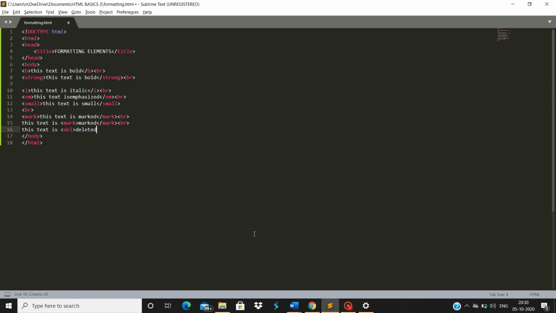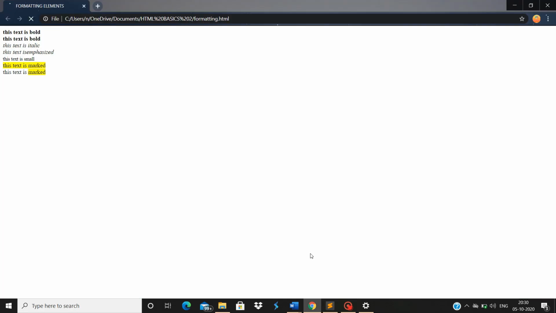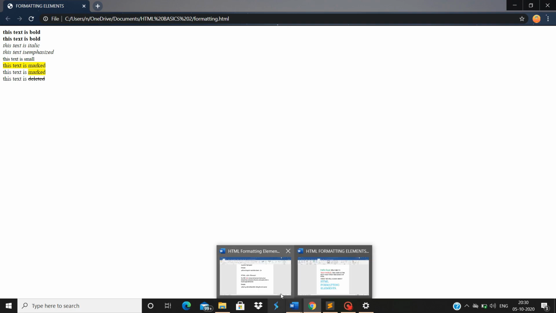Now, see what it actually does. It just strikes out a particular word. So you can also strike out the whole sentence by using the tag on the whole sentence.